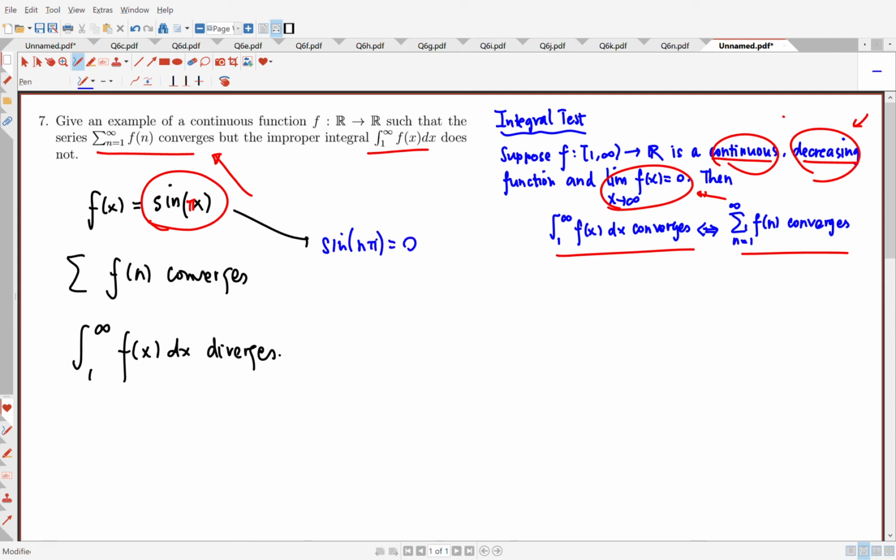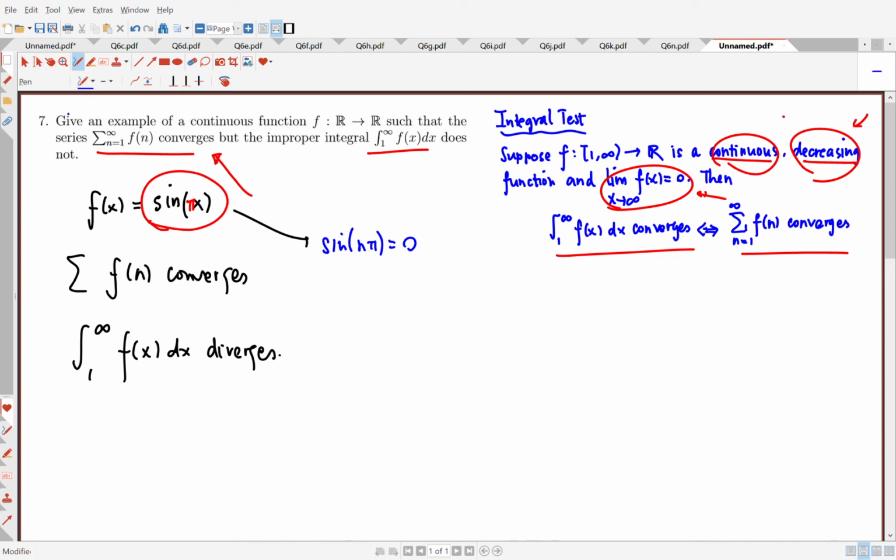So the sum of sine n pi is just the sum of zeros, which is 0. Hence it converges, but then the integral of sine of x from 1 to infinity diverges. Okay, so